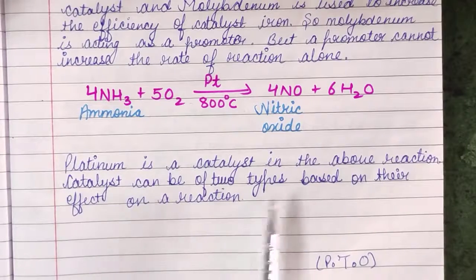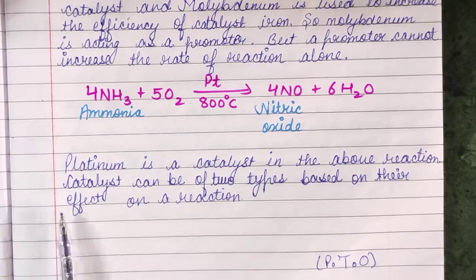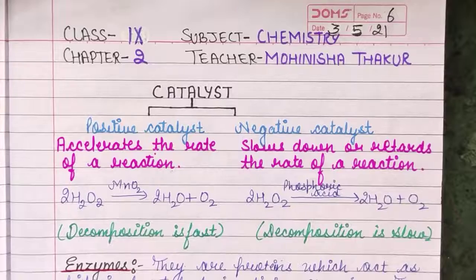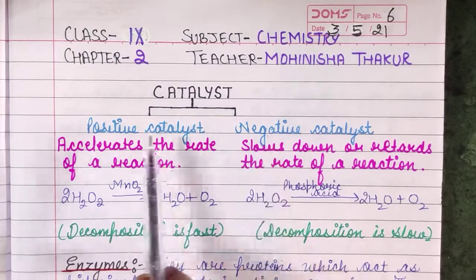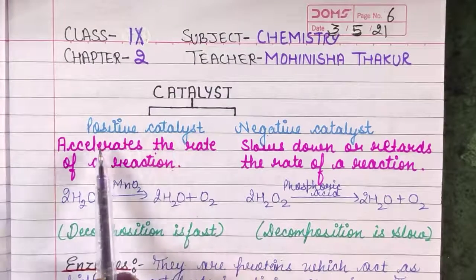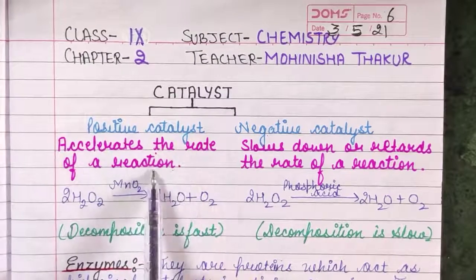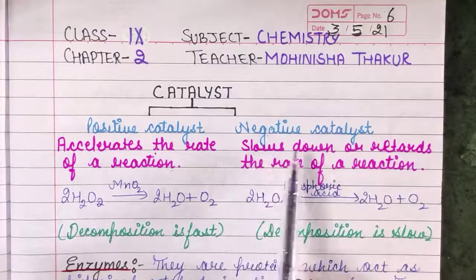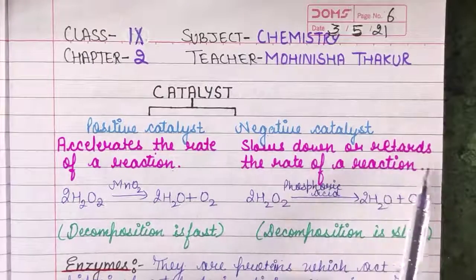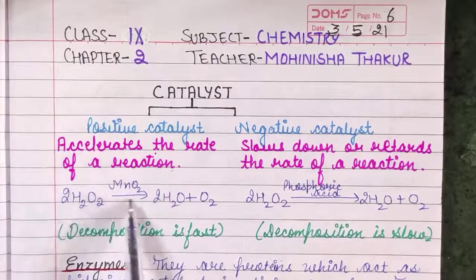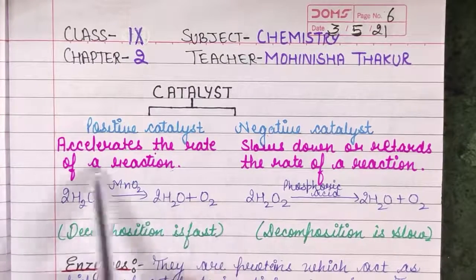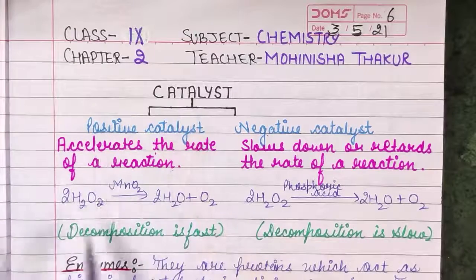Catalysts can be of two types based on their effect on a reaction. One is a positive catalyst and the second one is a negative catalyst. The positive catalyst accelerates the rate of reaction, whereas a negative catalyst slows down or retards the rate of reaction. Here, 2H2O2 in the presence of MnO2 gives 2H2O plus O2, which will come in the category of positive catalyst,